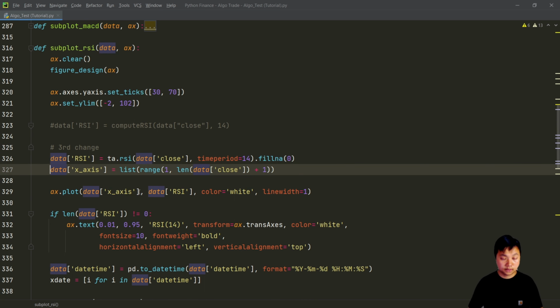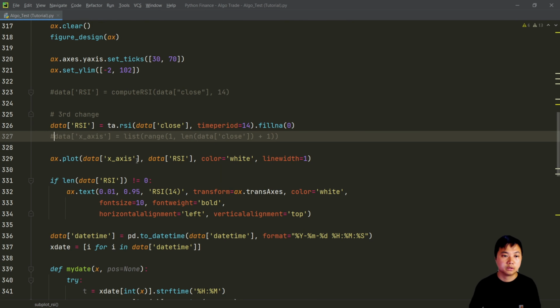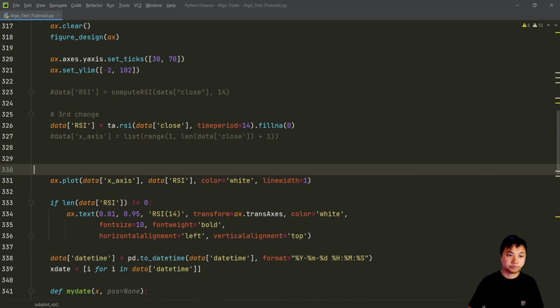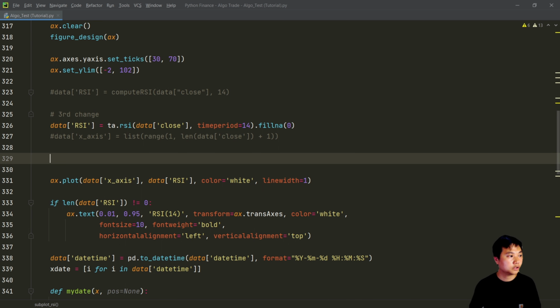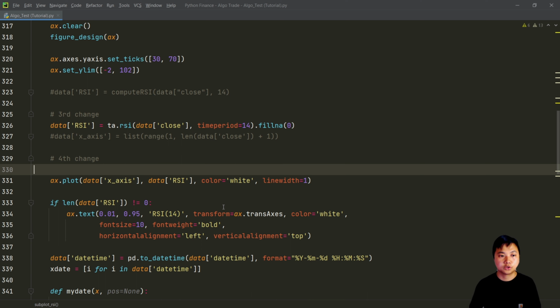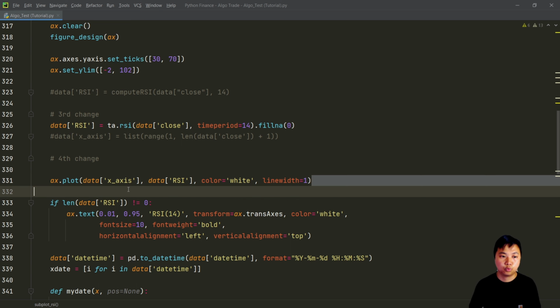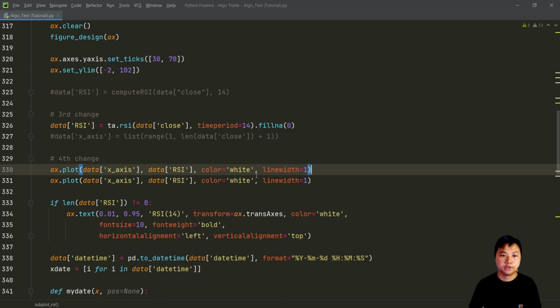And for this one, I will no longer use the x-axis. This is the third change. And then for the fourth change, just similar to what we've done, if the value is equal to 0, we will just make the line